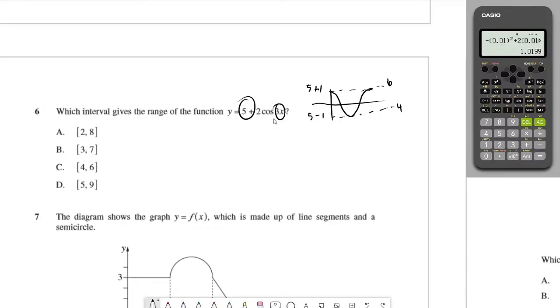Now, the 3x on the inside is basically reducing the period that this function is going across. So what it's basically saying is for every normal 2π, for every one of these periods we've got, we could actually fit 3 of the periods instead. So that's not actually going to affect the range whatsoever, but this number at the front,